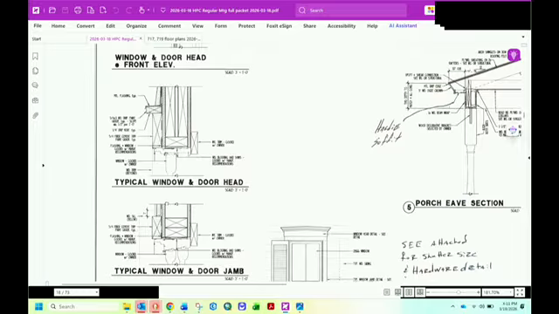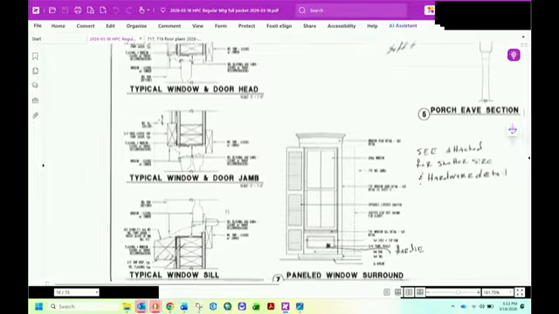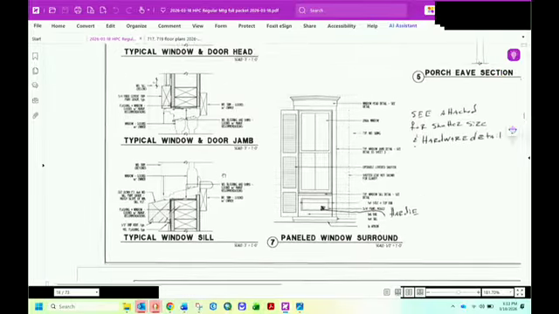And then the next typical window and door jamb, so down the sides, it's shown as 5/4 fiber cement trim, and the wood sill is shown below this line here. The width of them is provided in the elevation, which is what we would then discuss later.